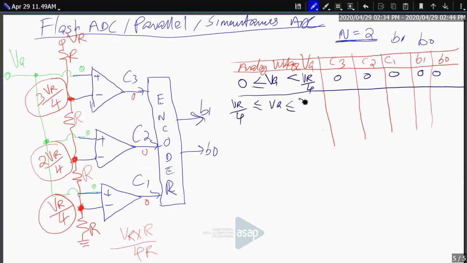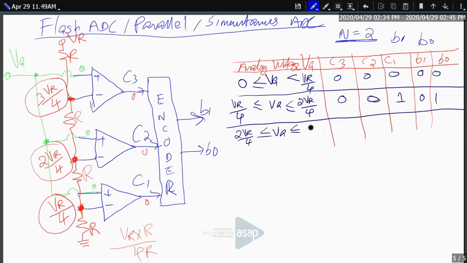So better we draw a table to think about the operation of the circuit. And it looks like this. I would like to draw it like this. The final outputs we are expecting are B0 and B1 of the ADC. Then we have comparators C1, C2, C3. And here I would like to present the analog voltage VA.